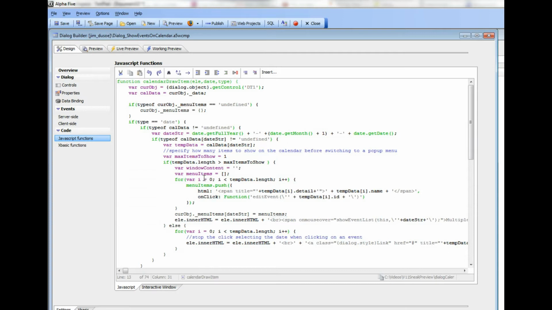So now what we're doing is we're creating a JavaScript variable called window content and a JavaScript array called menu items, and then what we're going to do is we're going to loop over every order for that particular day, and we're going to populate this array here. So you can see that we're pushing onto the array a JSON object that has two properties, one called HTML